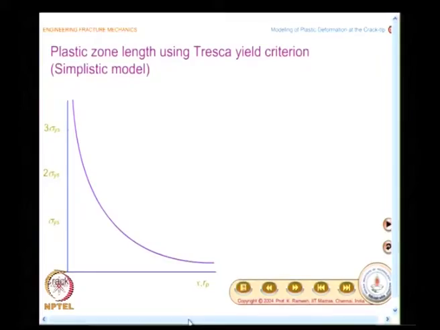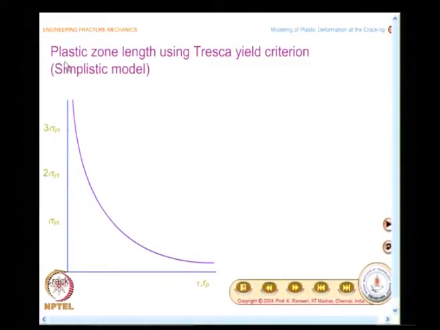In this class, we will try to look at the approximate shape of plastic zone, followed by Irwin's model in finding out the extension of crack length from the plasticity point of view. He would try to do a redistribution calculation, we will look at that in detail. But for the purpose of shape of the plastic zone, we are going to use a very simple model,